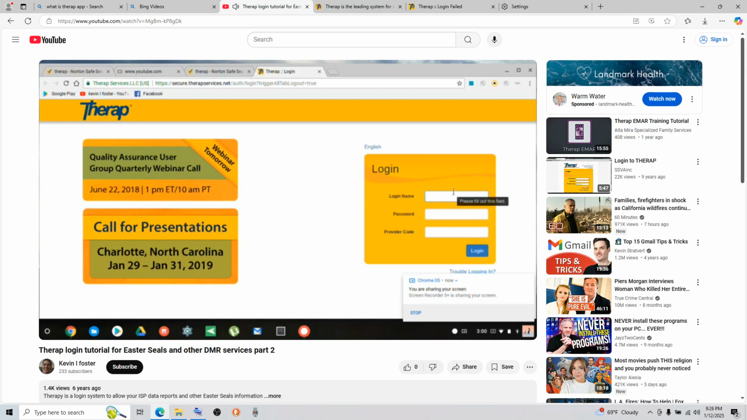This is Kevin Foster. I'm a computer nerd. So for all your computer novices out there using a Chromebook, if any customer or worker of Easter Seals has a Chromebook or a Windows 10, it's called a Streambook now. A Windows 10 Streambook. If you have a Windows 10 or a Chromebook or an iPad or the Echo Dot and you want to do the Therap,